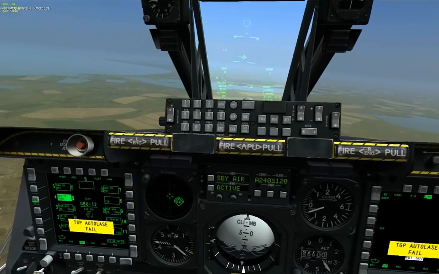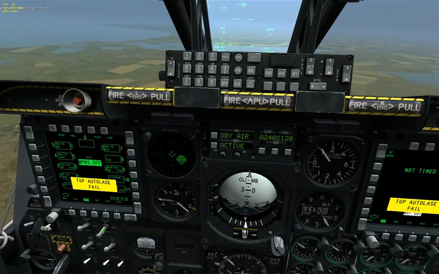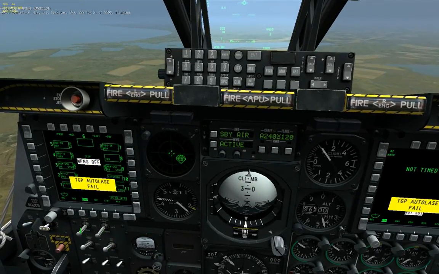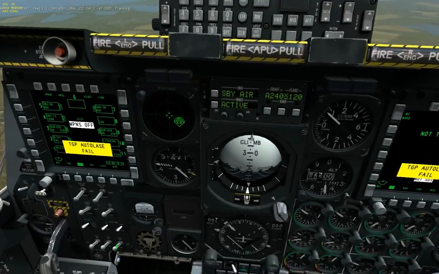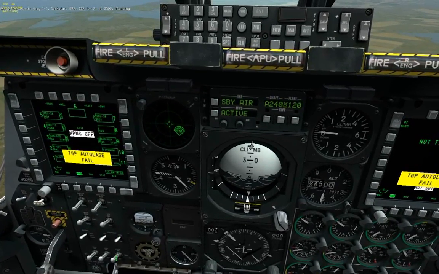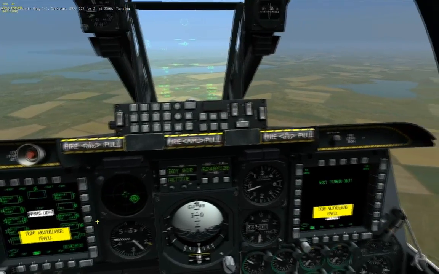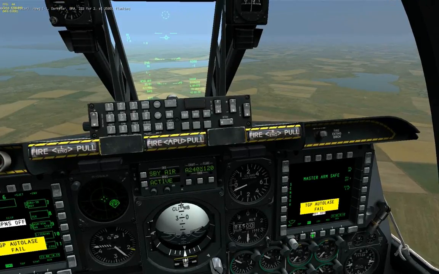Now, I'm really annoyed because I don't know how to turn this off. I can put this on, oh, let's turn it off. Start putting on test. I don't know how to get rid of that. Anyways, the